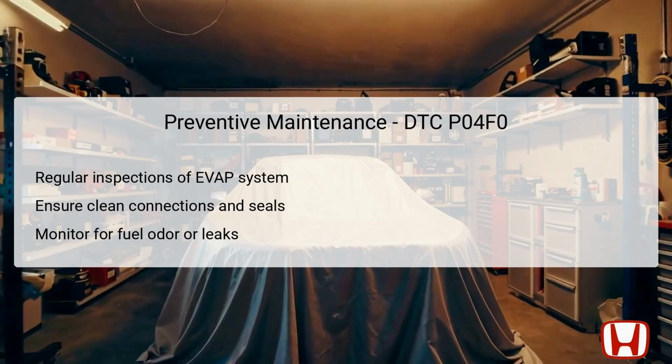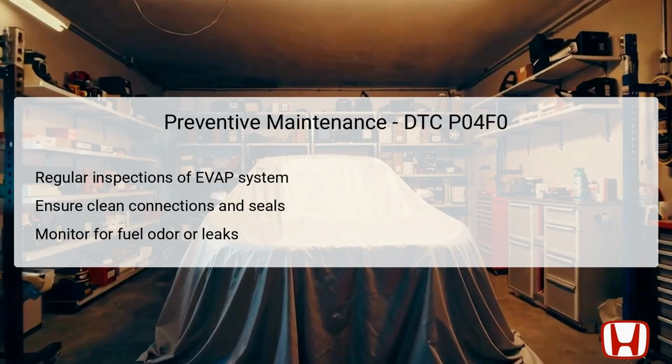Preventive maintenance plays a vital role in ensuring the longevity and efficiency of the EVAP system. Regular inspections of all components should be conducted to ascertain that they show no signs of wear or malfunction. Pay special attention to the integrity of connections, ensuring that all hoses and seals are clean and secure to avoid loss of vapor pressure. Additionally, monitoring for fuel odors or visible leaks can provide early warning signs of potential issues. Keeping the EVAP system in top shape not only reduces emissions, but enhances overall vehicle performance and can prevent costly